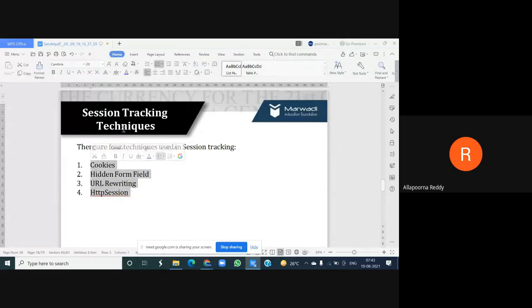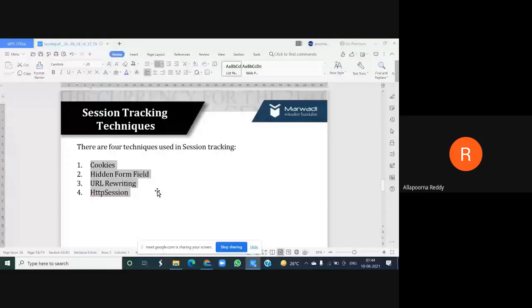Tracking your session only, but with different interfaces, different methods, different techniques they will follow. One session tracking mechanism will store at the client machine, one session mechanism will store at the server machine, and how I need to use these cookies, or how I need to rewrite my URL, everything we are going to see right now in detail, right?